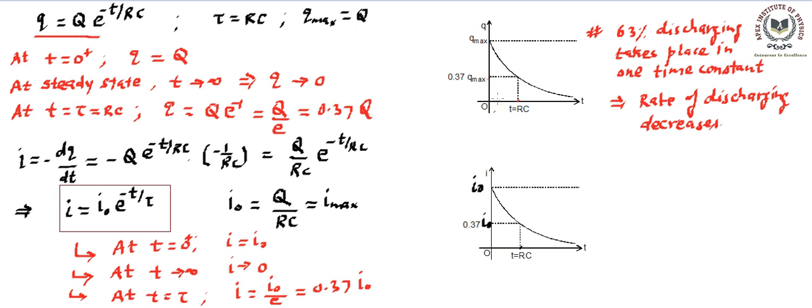So these graphs are important, these values are important, and how we are getting these relations, particularly two relations. This one indicates the charge on the capacitor at any instant when discharging is taking place. This one indicates the current in the circuit at any instant when discharging is taking place. So this is about discharging of a capacitor which was initially charged, and these graphs indicate the trend or the values by which it decreases, right?